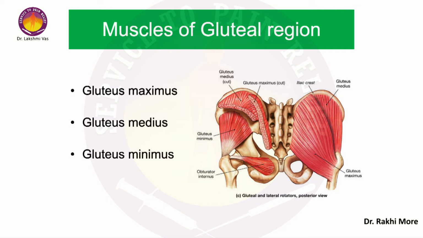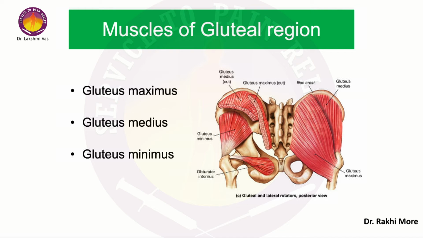Then we have the gluteus medius, which takes origin on the gluteal surface between the anterior and the posterior gluteal lines. It gets inserted on the lateral aspect of the greater trochanter of the femur. Then the gluteus minimus, which takes origin on the gluteal surface between the inferior and the anterior gluteal lines, and it will get inserted on the anterior aspect of the greater trochanter of the femur. So these are the three glutei muscles. The next muscle is the